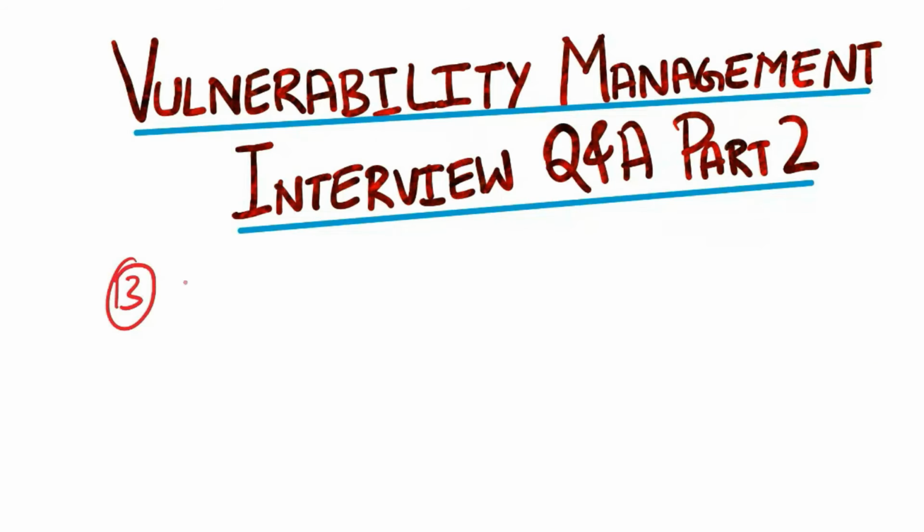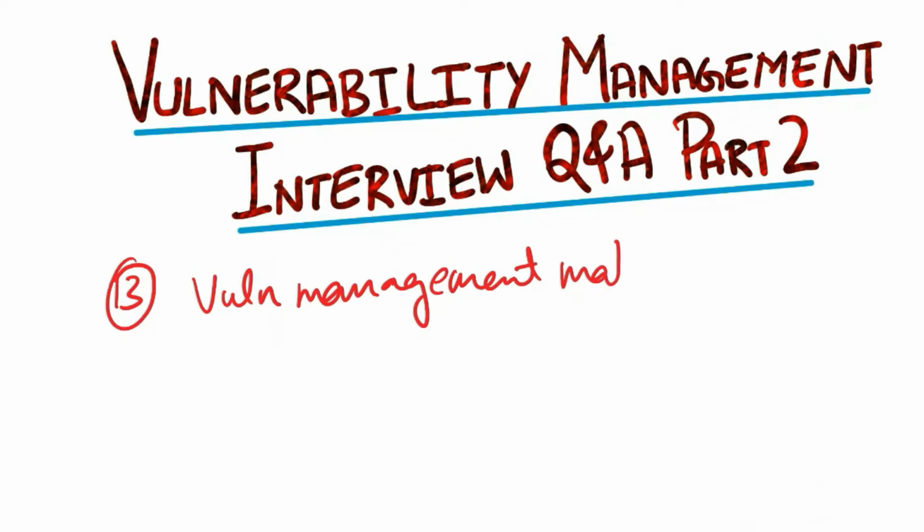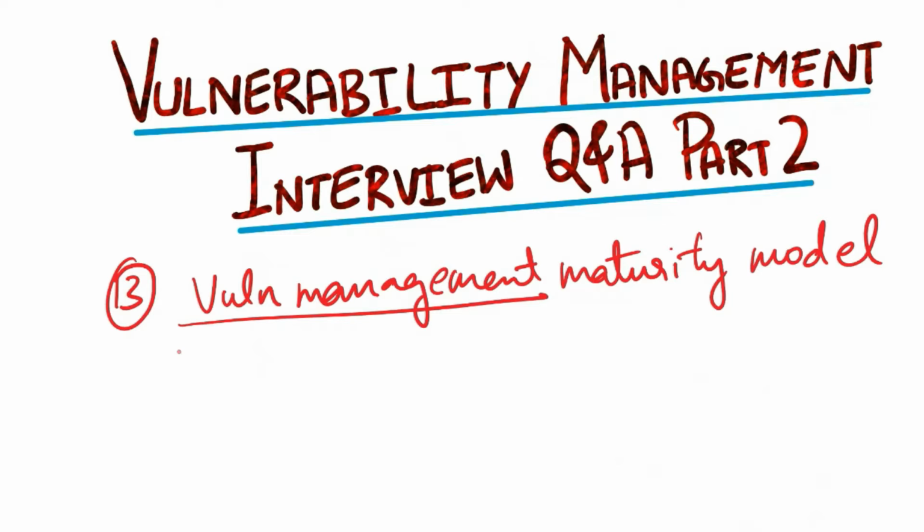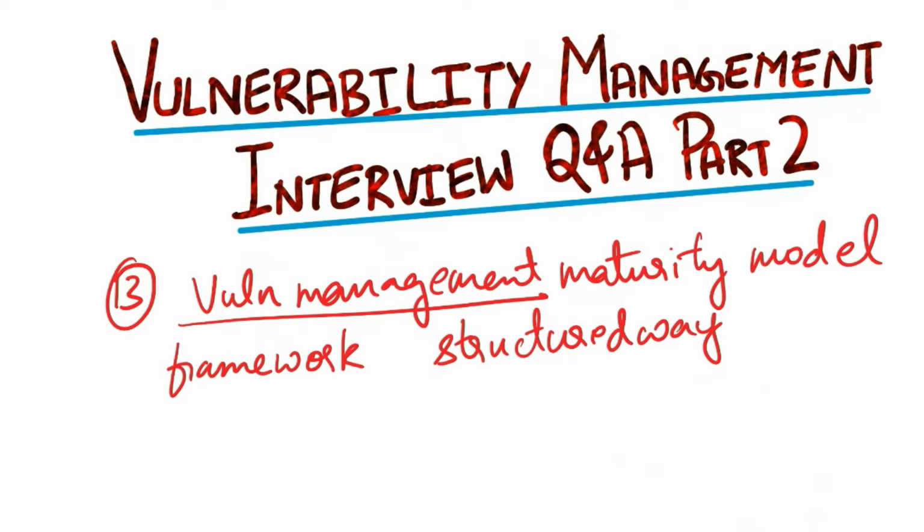Today's first question: explain the concept of a vulnerability management maturity model. A vulnerability management maturity model is a framework that organizations use to assess and improve their ability to effectively identify, prioritize, mitigate, and manage vulnerabilities in their information technology infrastructure. It provides a structured way to measure an organization's maturity in its vulnerability management practices and offers a roadmap for